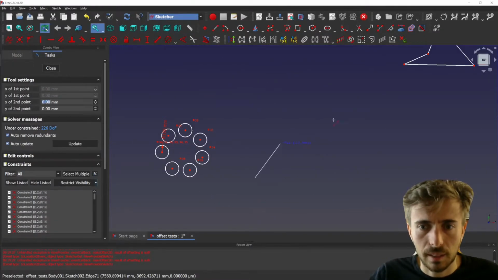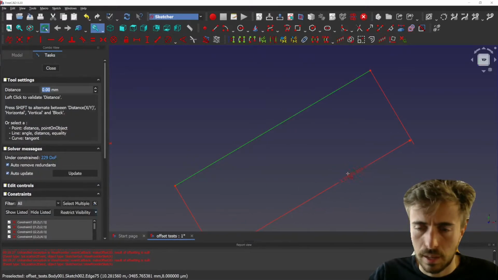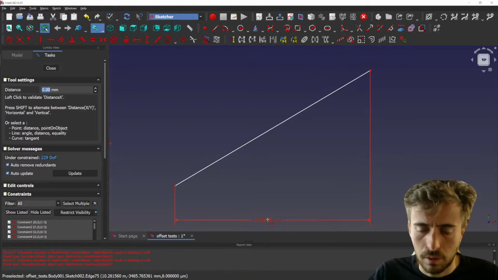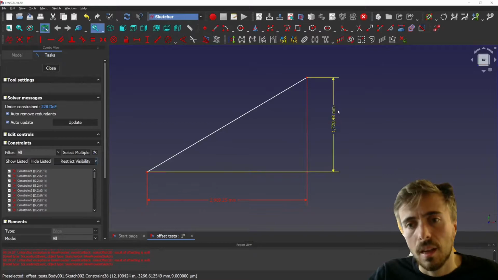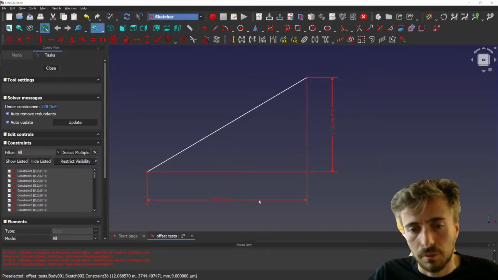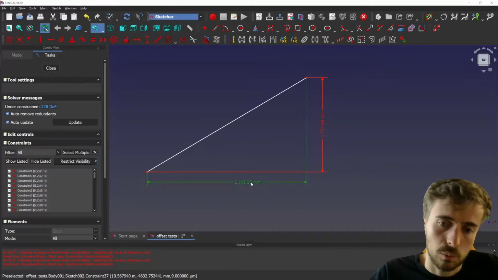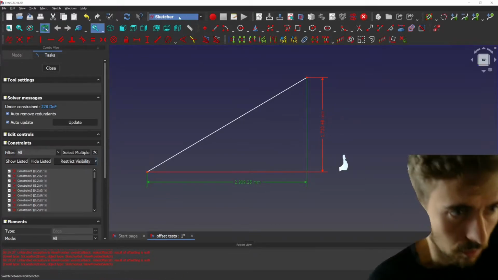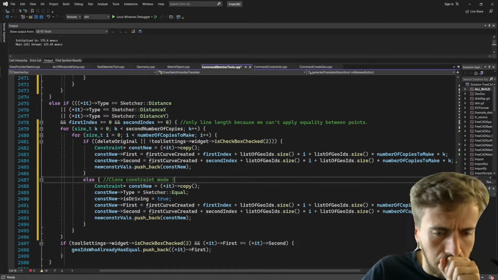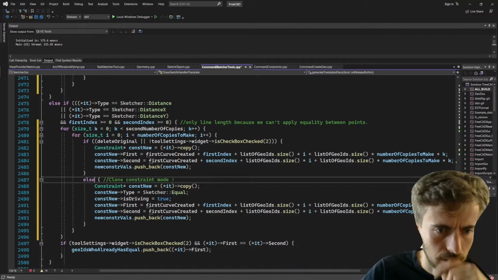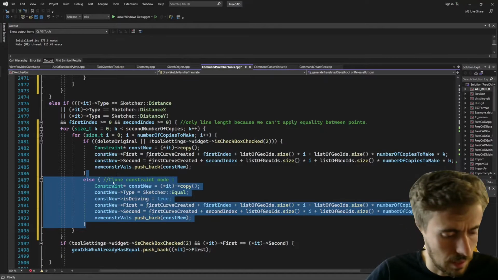If we have a line like this, and this line has a distance x and also a distance y, then you see if the code doesn't check that it already had an equal, then it will create two equality constraints. So we have to catch that case. So here it's not just an if else, we need another